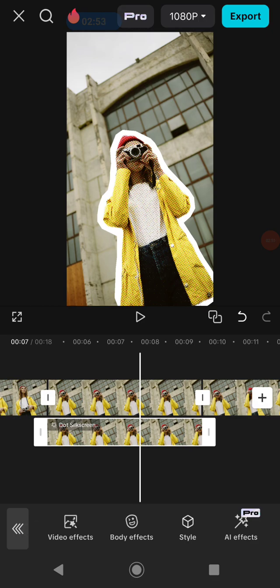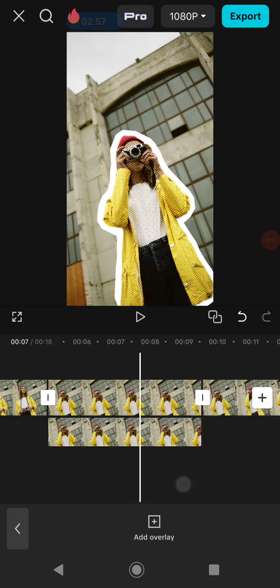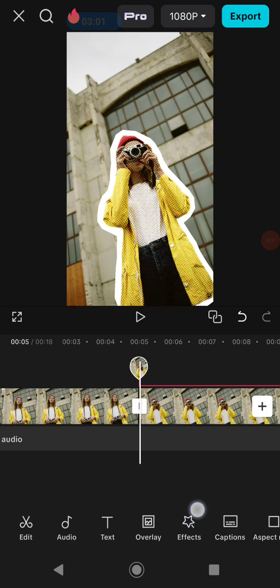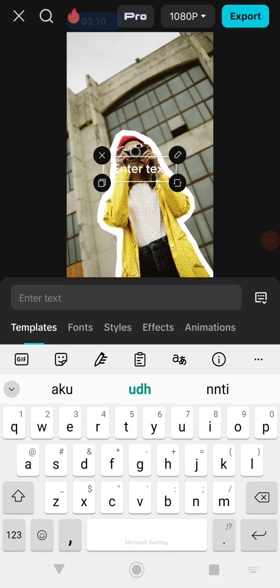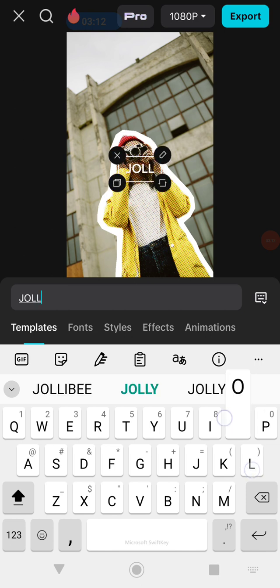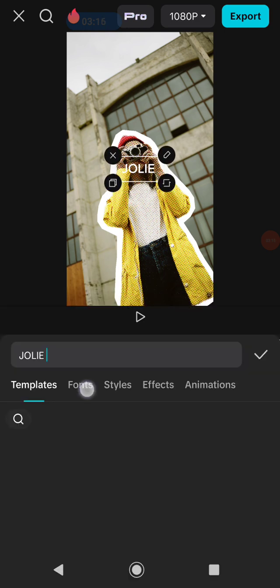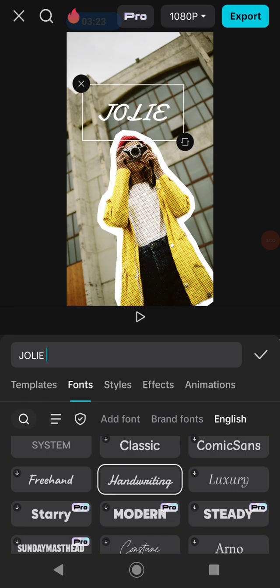Okay, the next step, if you want to add a text onto it, you can add it by going back to the toolbars and then stop on the exact duration of the freeze image or freeze footage, and then hit this text button, add a text. So for example, I will type Jolly like this, and then for the font, I'm using maybe this font. Increase the size of it, put it on this side,